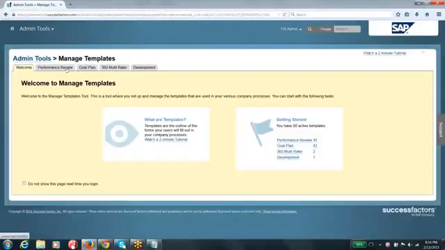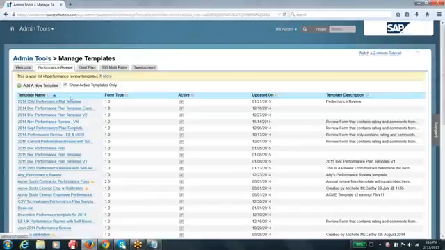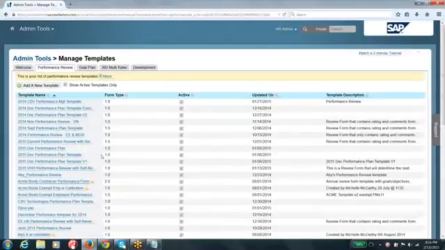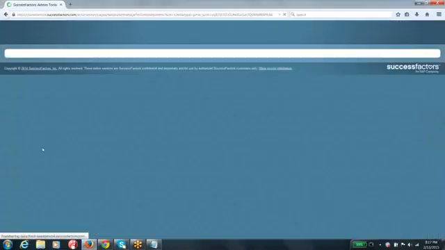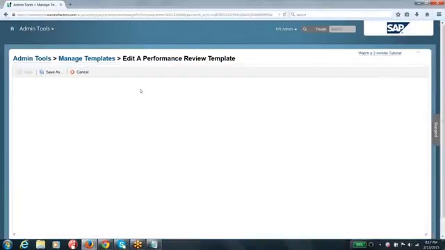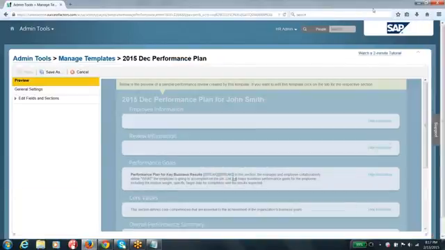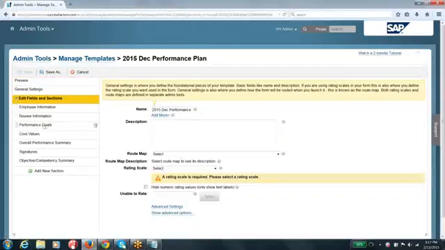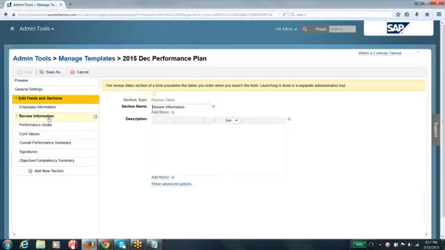And here you can see this is your performance management templates, and all these are the existing performance management templates that have been configured in your organization, guys. And if you open any of these existing performance plan templates, let's say if you are interested in opening 2015 December performance plan, and I'll talk about all these things when we move on to the goals and performance management template, guys. But let me show you where you are going to integrate that.